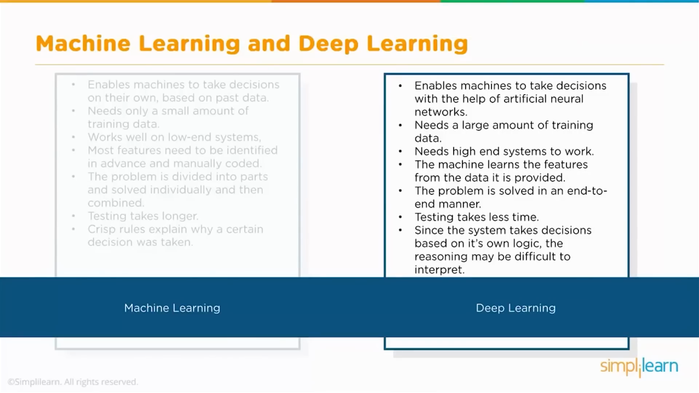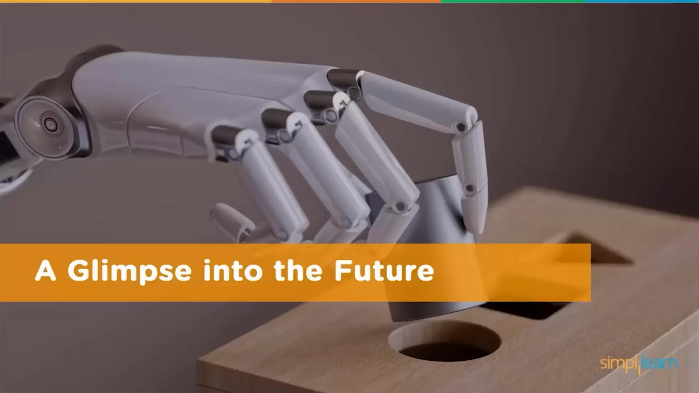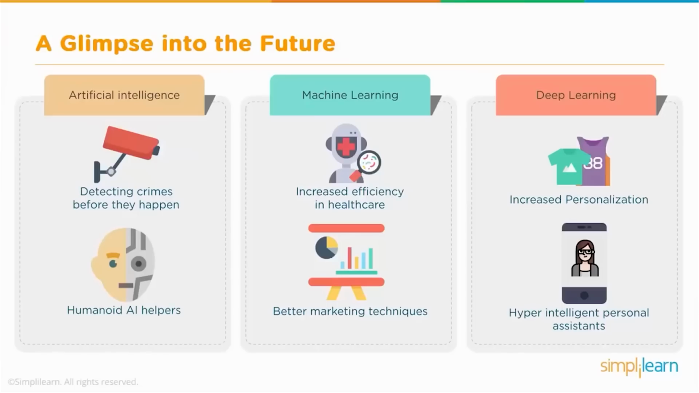You just know it came up with the right answer. A glimpse into the future. So a quick glimpse into the future: artificial intelligence, being used to detect crimes before they happen,